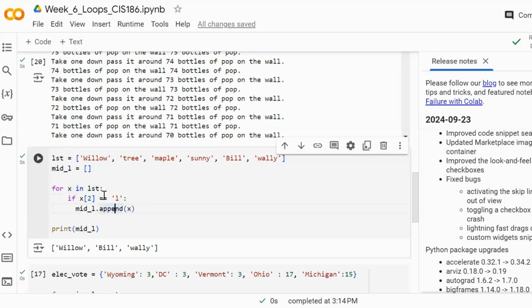So in this loop, what we're doing is we're taking words from the list, and if the third element within that string has the letter lowercase l in it, we're appending that word to a new list, which is this empty list of middle L. So we're basically saying if the middle letter in the word is L, we're going to add that to our new list. So what it's doing is it's going to take the first